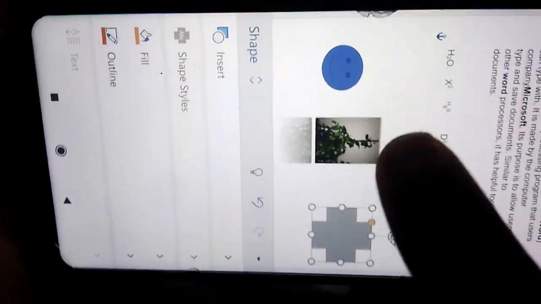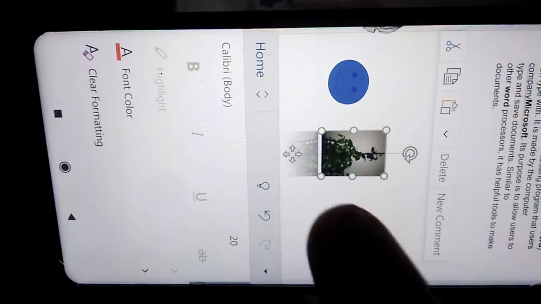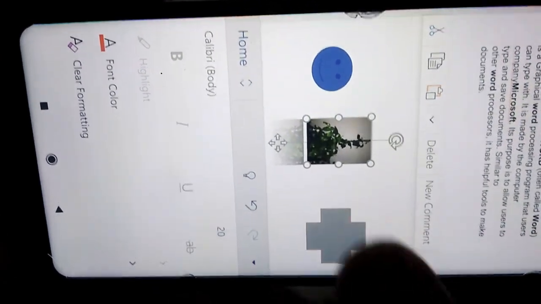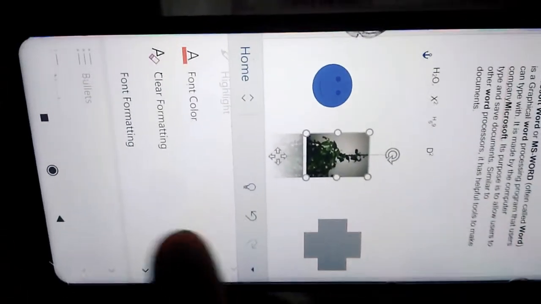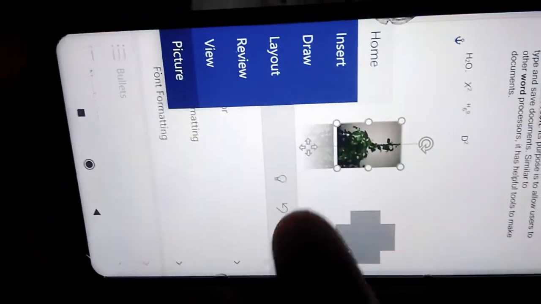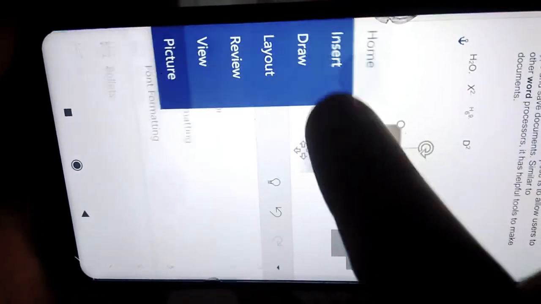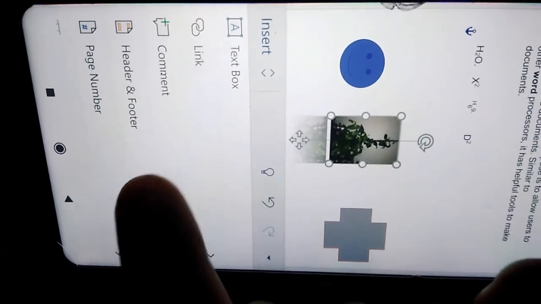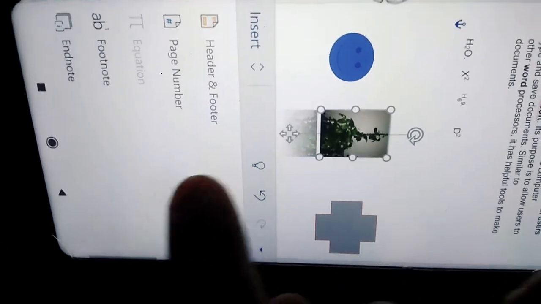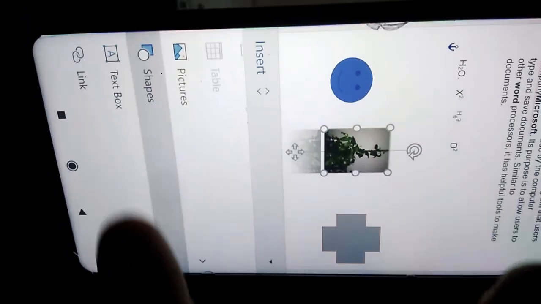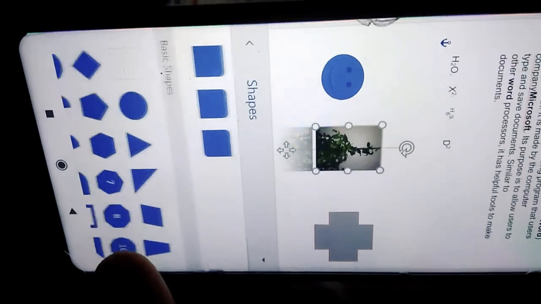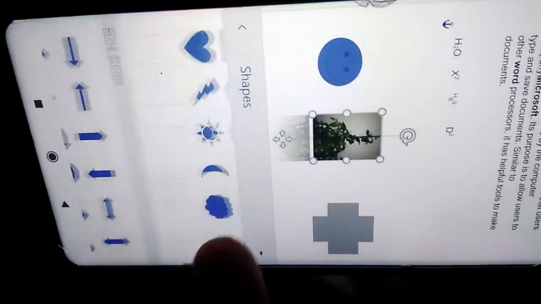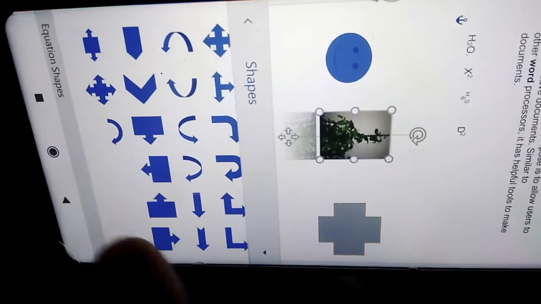Now this is a picture. Select this picture, and you can also give formatting to this picture. In the Insert tab you can also make comments, header and footer, and many more things. In the shapes, you can make shapes and add text also.